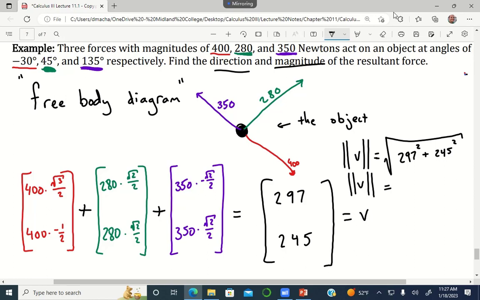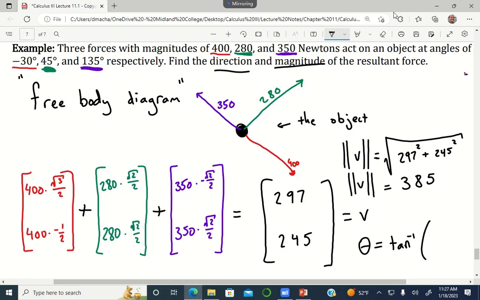You say 385? Okay, 385. And then I'm looking for a direction, and the direction is going to be in the first quadrant because my x-coordinate's positive and my y-coordinate's positive. And so to find this direction, this is going to be the arctangent